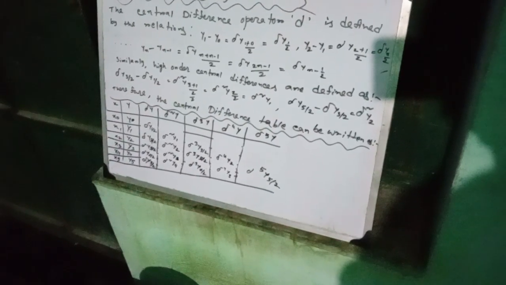Similarly, y2 minus y1 is equal to δy of 3/2. y3 minus y2 is equal to δy of 5/2. y4 minus y3 is equal to δy of 7/2, and y5 minus y4 is equal to δy of 9/2. For the second central difference, we have δy of 3/2 minus δy of 1/2 is equal to δ²y1. For δy of 5/2 minus δy of 3/2, we have